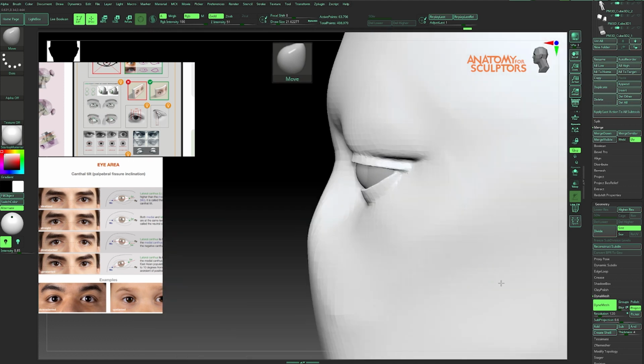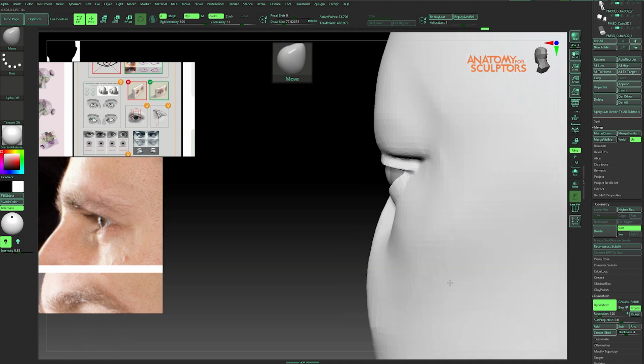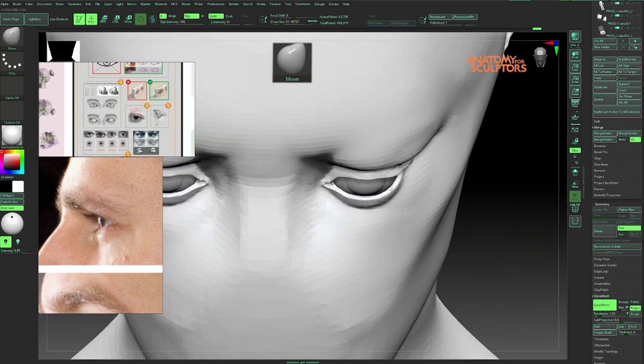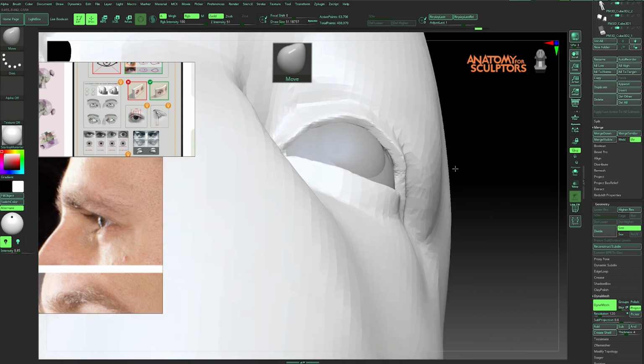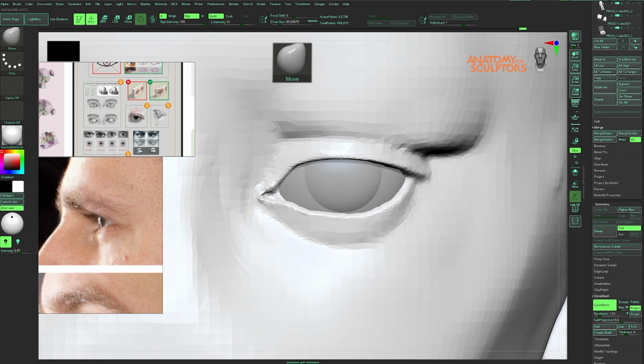In the side view, I saw that the eye corners are too far back. They should be more to the front, so I adjusted them and brought them a little bit to the front. Obviously, everything depends on the people. We have a lot of shapes and variations, but here we are aiming for my preference.